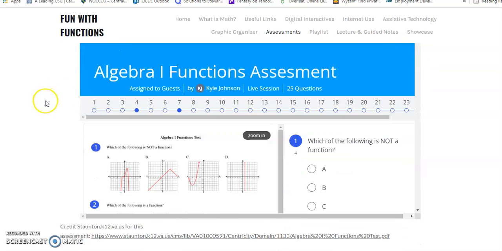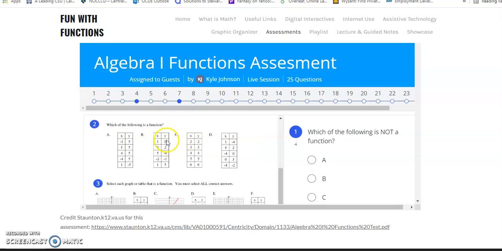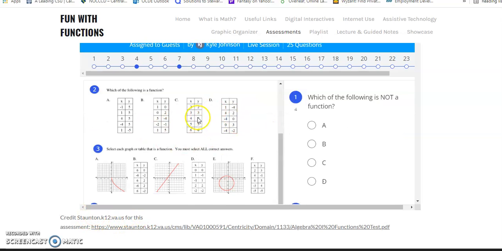Here's the digital assessment. I did find this one online. It had everything that I wanted to cover. So I did my best to credit the author of this assessment, but I just found it on Google, and the only link I could come up with was this. So here's the link to the original exam.